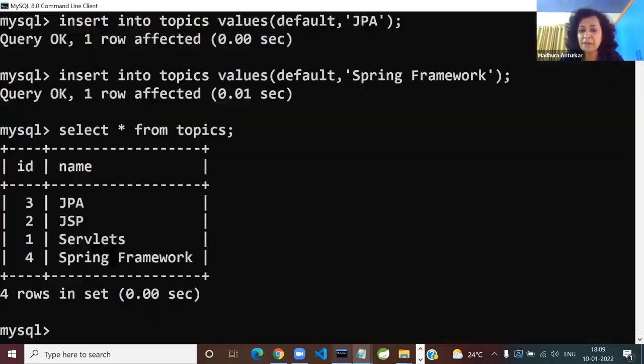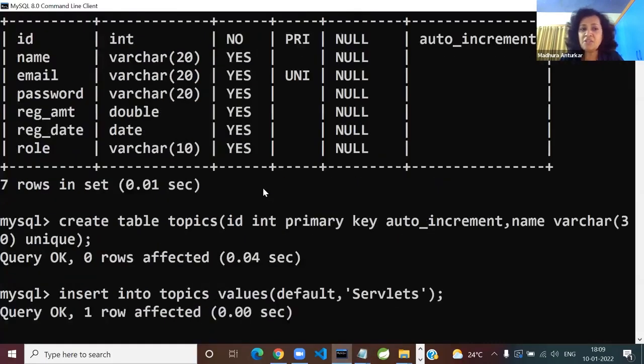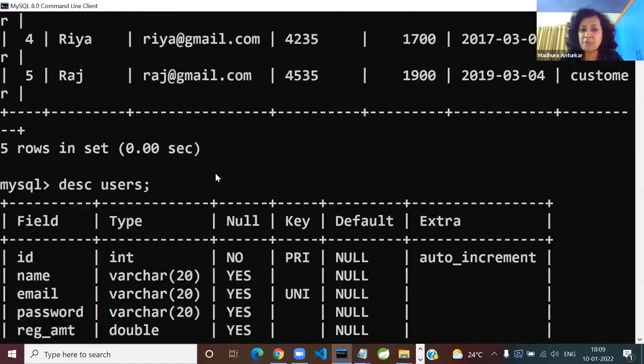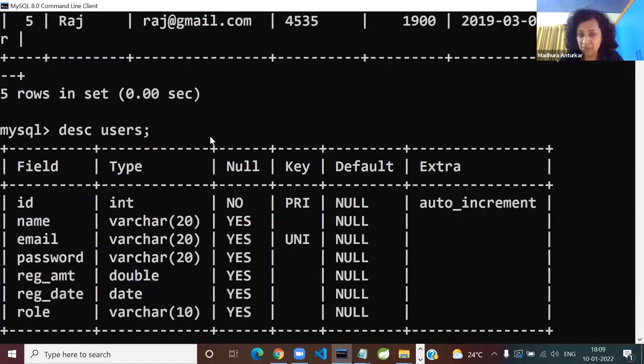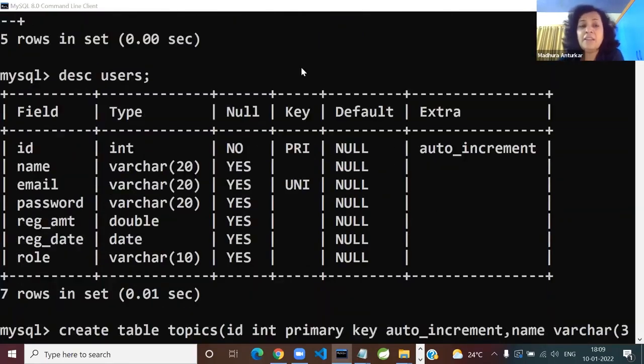So what will be the query? You will be working on which table? The users table. So select star from users. Will there be a where clause? Will there be any in parameters required? Yes. How many? The moment I say in parameters, which is a better option, statement or prepared statement? Of course, prepared statement.